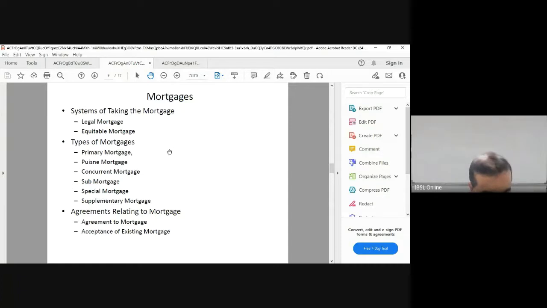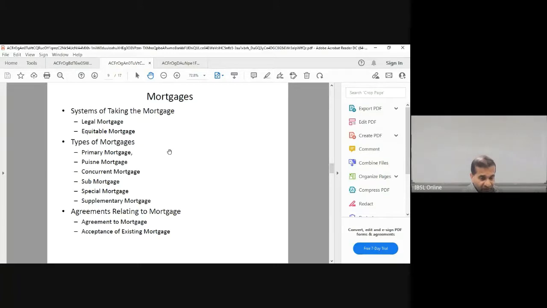The other one is agreement relating to mortgage. Supposing you lend to a customer to bring down machinery where you are going to take the mortgage on the same machinery, right at the moment you don't have the property, so you agree with the customer to take the mortgage. So primarily you sign an agreement to mortgage with the customer. Once the machine comes down here and you do an inspection, you execute the right mortgage. In case the customer doesn't agree to sign the mortgage, you have to take a power of attorney, even in this case also.